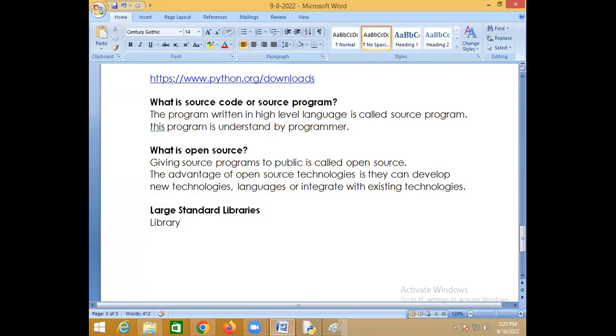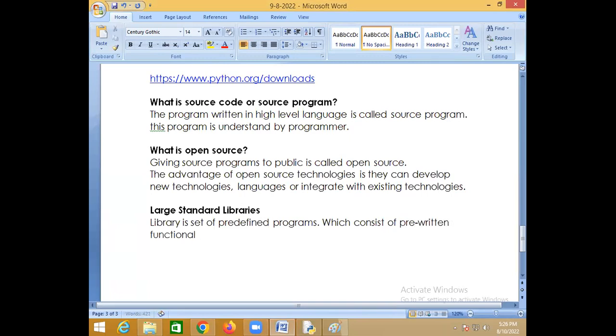So library is a set of what? Predefined programs. Library is a set of predefined programs, right? So libraries are a set of predefined programs which consist of pre-written functionality.